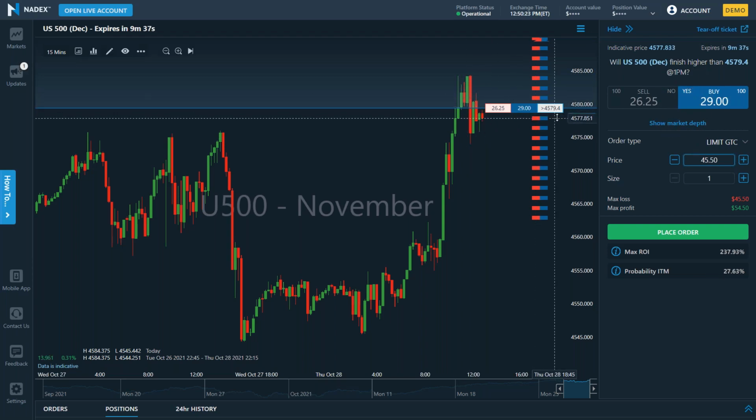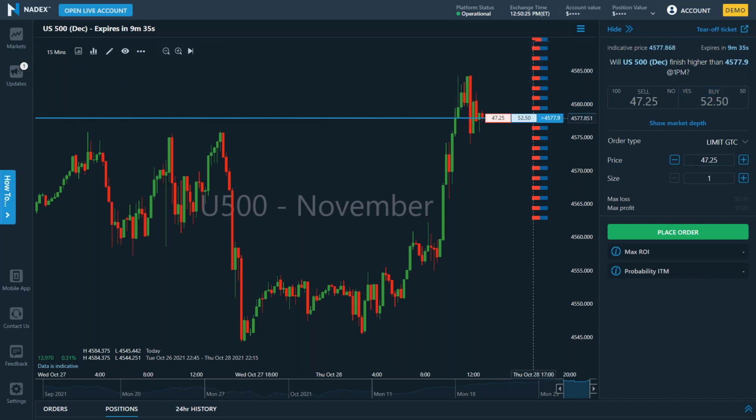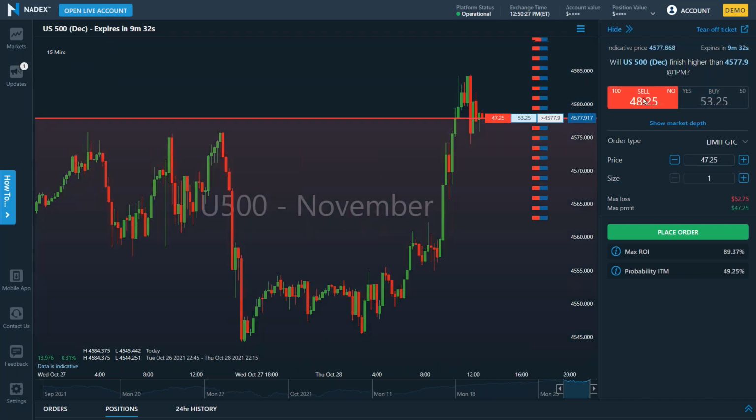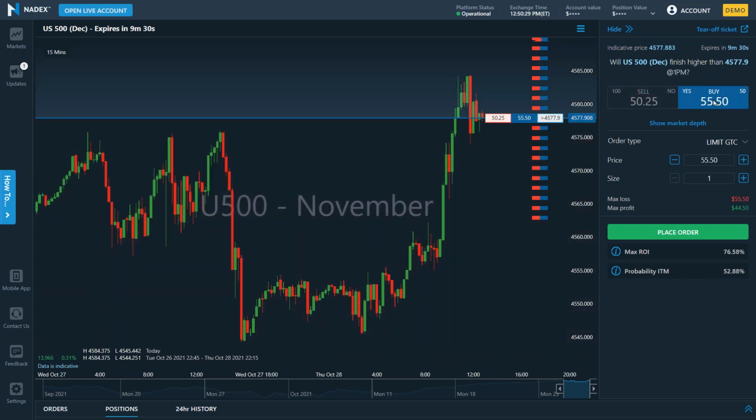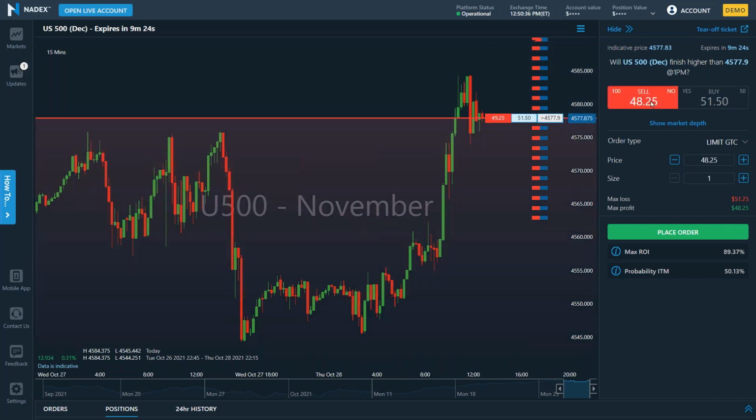Maybe I thought it was going to continue to go lower. Let's pick the strike price below it. And notice if I'm buying, it shades the chart in blue where it would need to finish for me to finish in the money. If I were to sell one, let's just say I sold one at 48. I know that I couldn't lose any more than 52 because it could go to 100. I can only make 48.